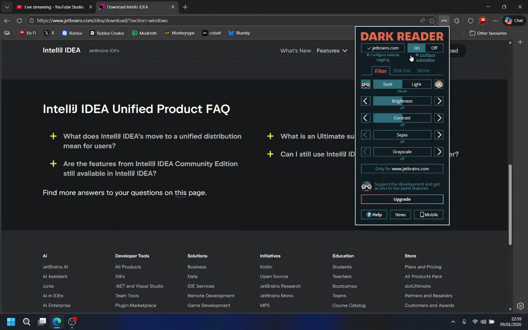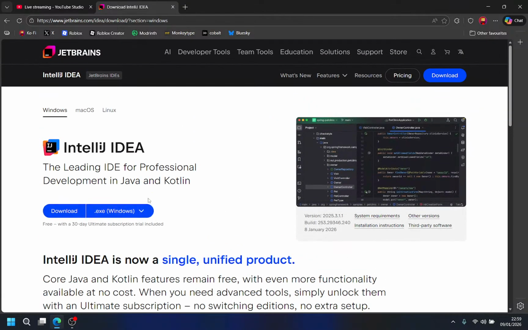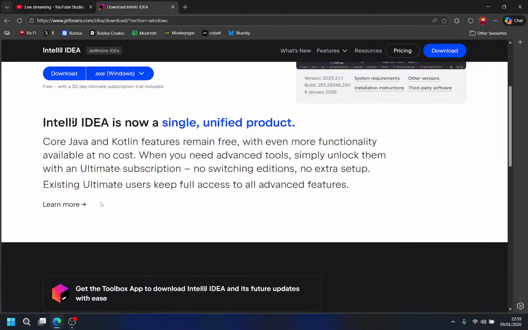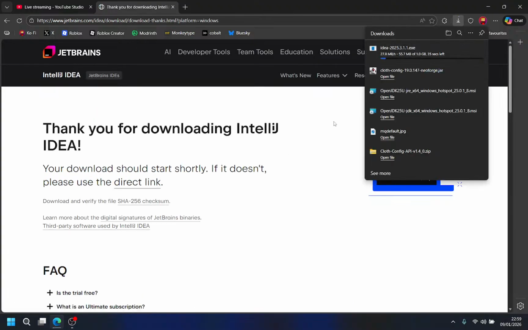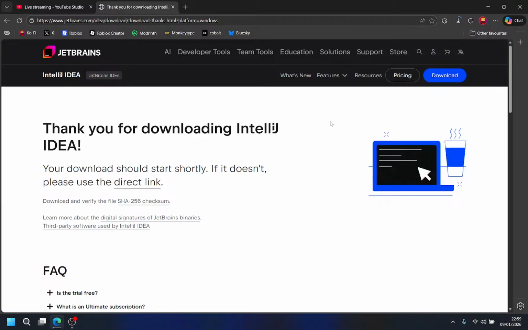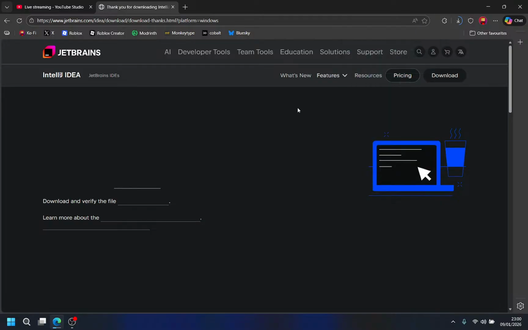By the way, I'm gonna disable it, bro. Oh really? So now it's just a single edition. Before, there was an Ultimate Edition and a Free Edition, the Community Edition. Now it's all bundled up. But then it means that they can integrate ads more, and it sucks.